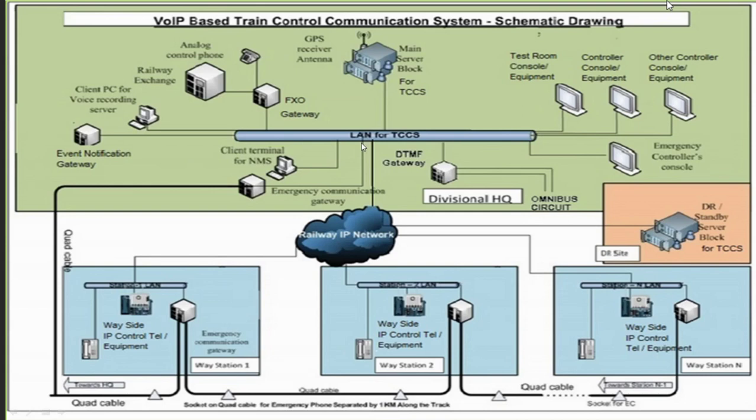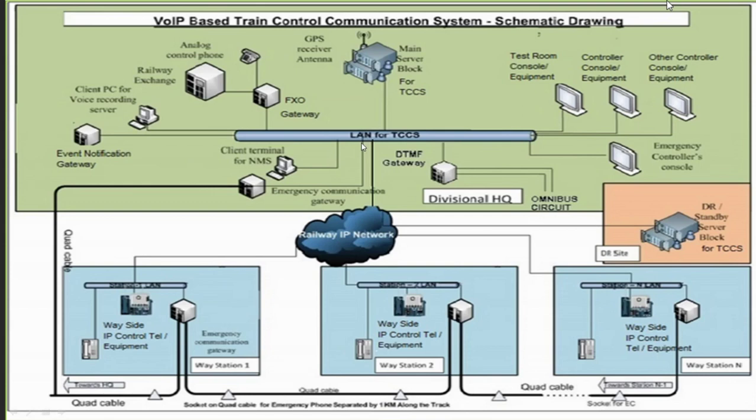Next equipment is TMS equipment, train management system. This is another important equipment. In this you will integrate the systems, control room, your way station, and your passenger amenities. All these things will be integrated so that real-time information will be passed to the particular stations. Generally to your station master's room, the information will be given by the controller. But through this integration of TMS with the station master's room, the station master will get the real-time information on his video display screen.